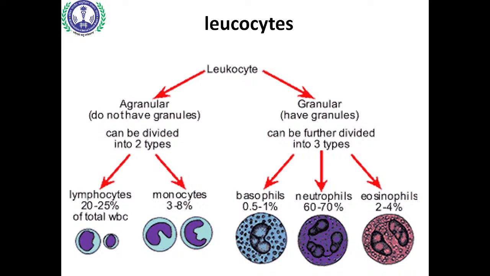Yes, if there is an increase or reduction in the number of a particular WBC, what important thing may it indicate, or what may we conclude? What indication may we get from that? Whether it is increasing or decreasing, both tell us something. My question is, why do we want to do this?